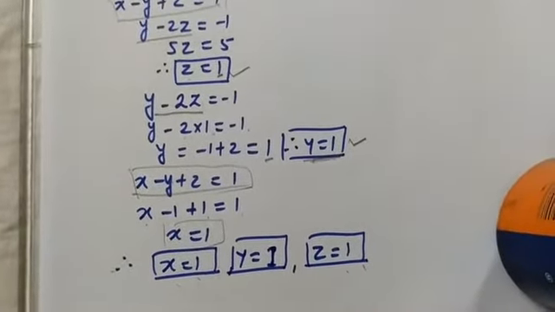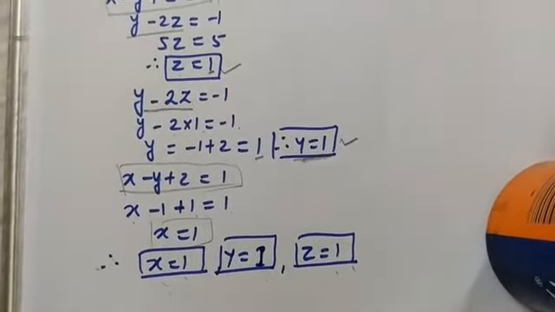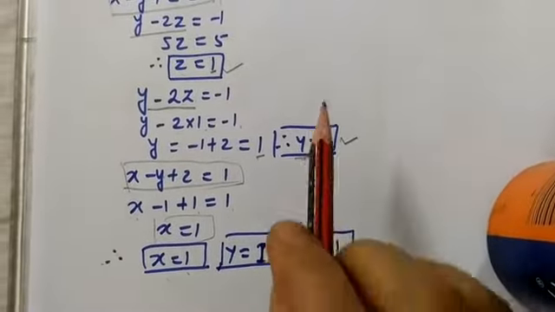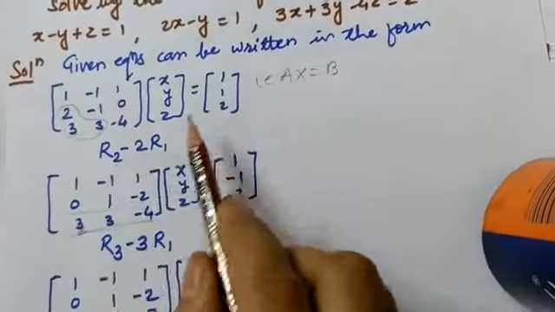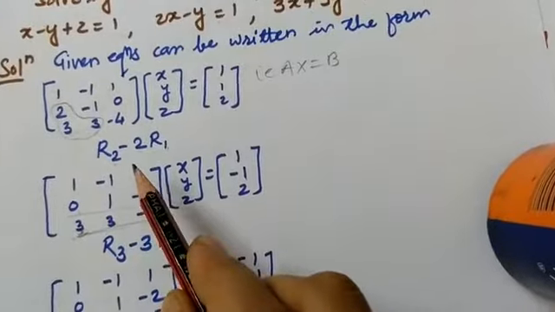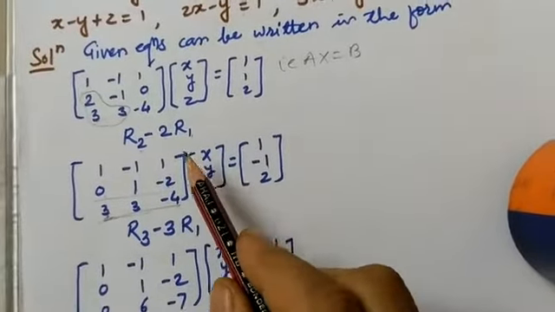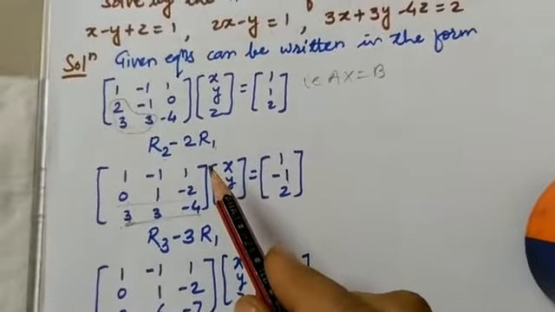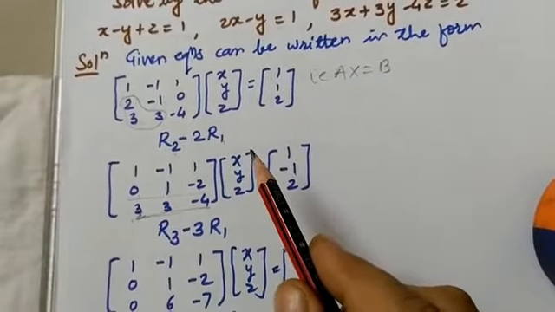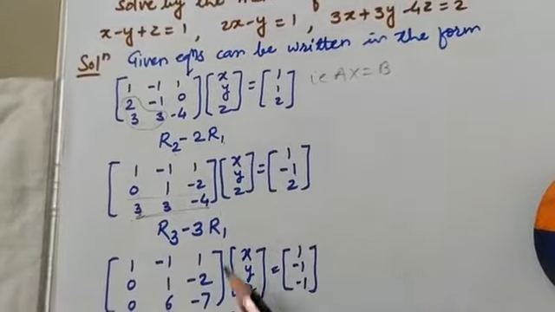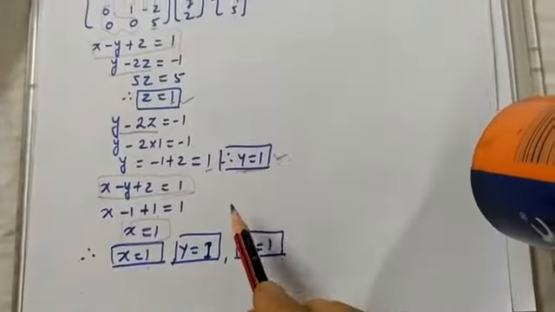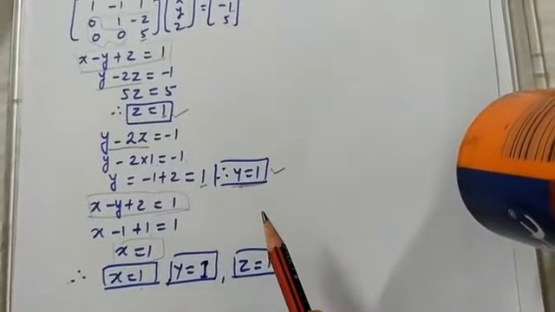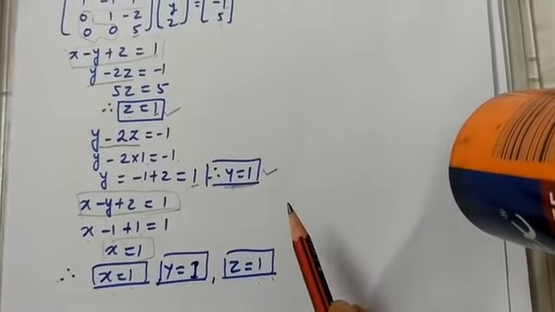So this way we find the solution by the reduction method. Remember, the steps are very necessary. First, reduce the equation in matrix form. After reducing to matrix form, perform the row operations in such a manner that they should not be more than 3 or 4 operations. The operations should be limited, so that by the elimination method we can simplify and solve the problem. So this is the method of solving the problem by the reduction method.